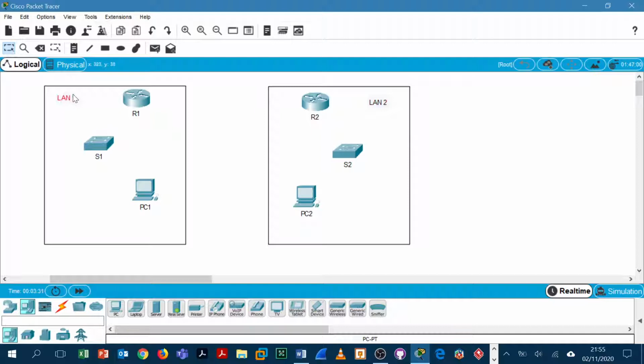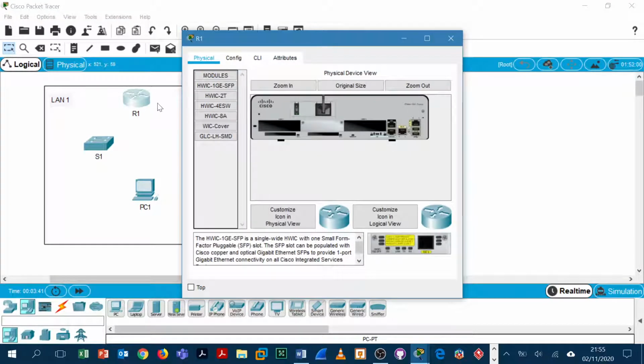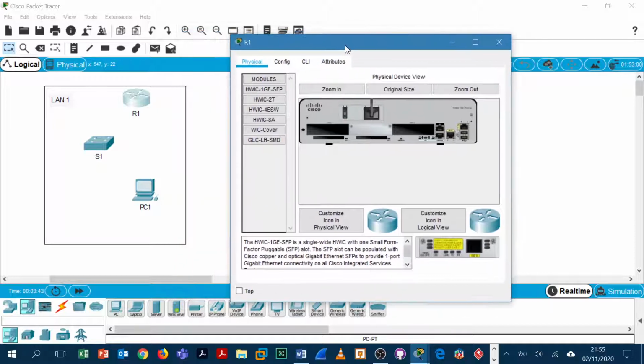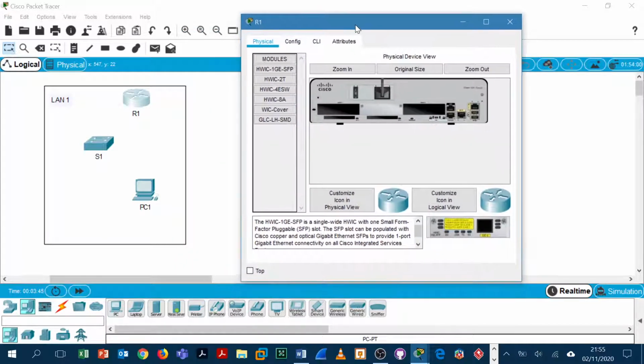Yeah, so we know what they are. LAN 1, LAN 2. Not the most creative of names. Router 1 to router 2. Now these routers, if I click on those, in order to get a wide area network configuration going as they